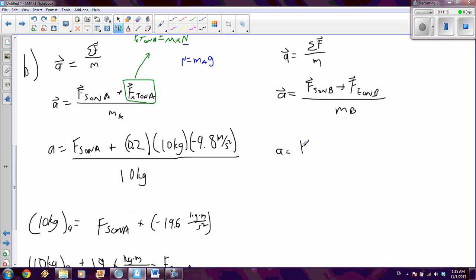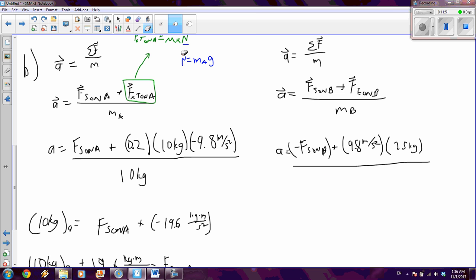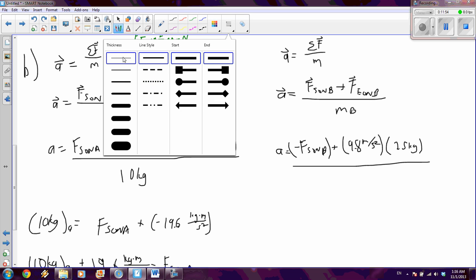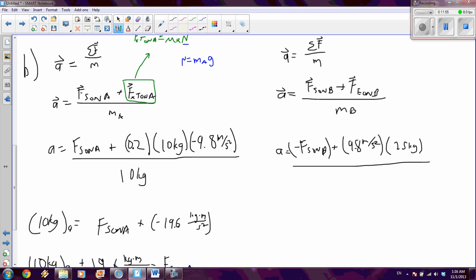We do not know the acceleration. We do not know the force string on B. The force of the earth is 9.8 meters per second squared multiplied by our mass, which is 25 kilograms. Again, we're assigning this to be negative. It's going in the negative direction. And it's over the mass of box B,